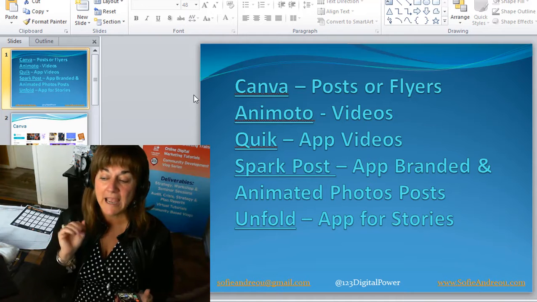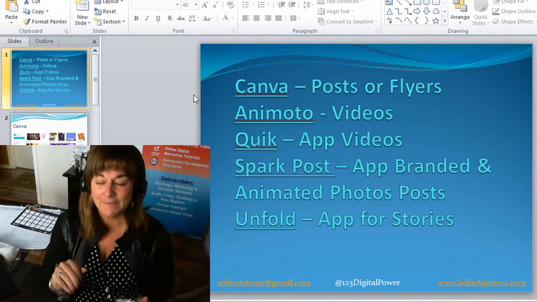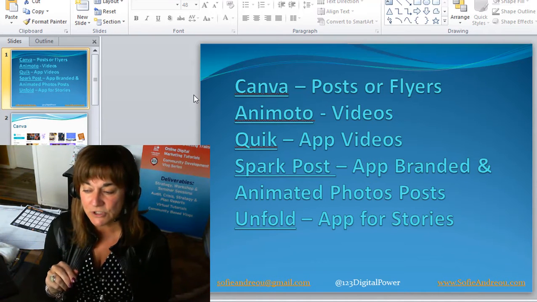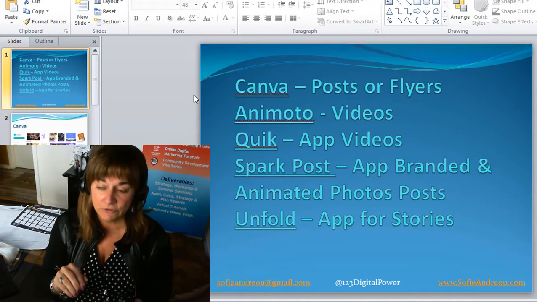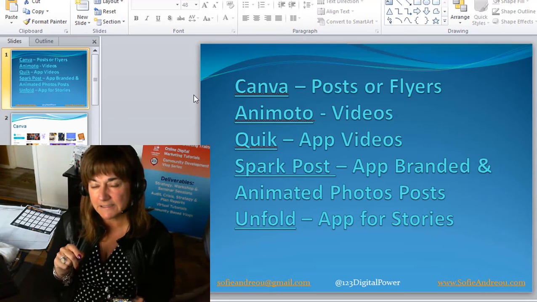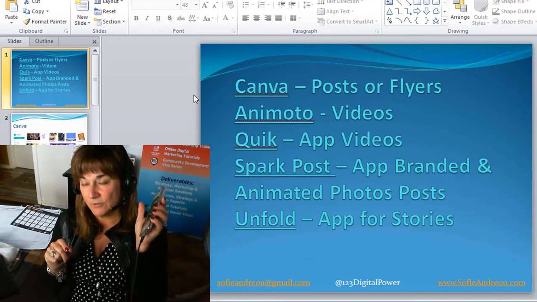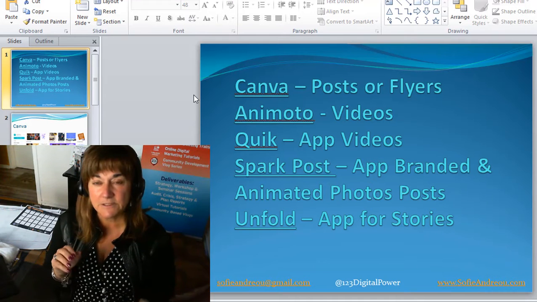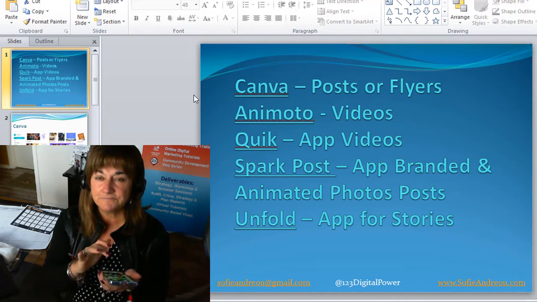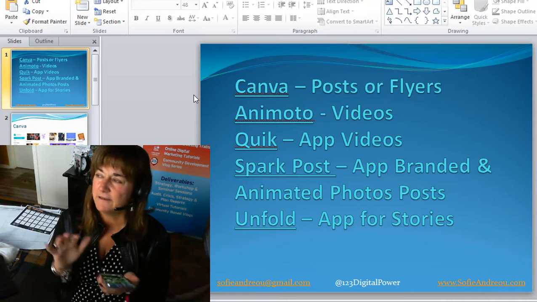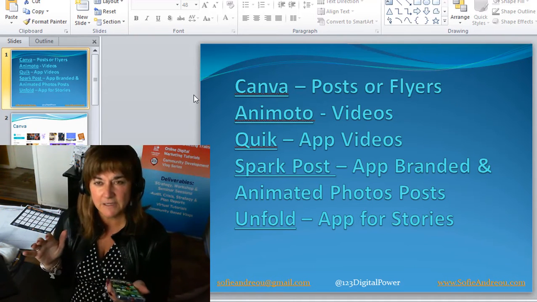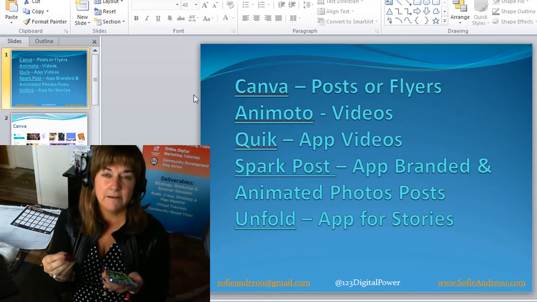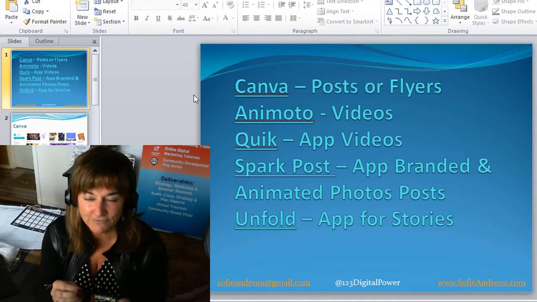Then there are three apps that I'm going to share with you. And that would be Quick, Spark Post, which is an Adobe product, and Unfold. So Quick is one that is from your cell phone, so is Spark Post, and so is Unfold. So these are all apps. So Quick, if you have all sorts of photos and videos on your phone from an event that you're at, and don't forget to have an image of your logo saved on your phone as well,